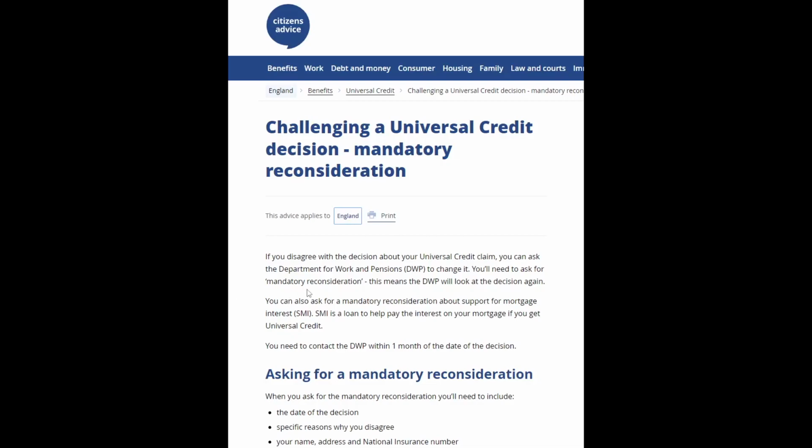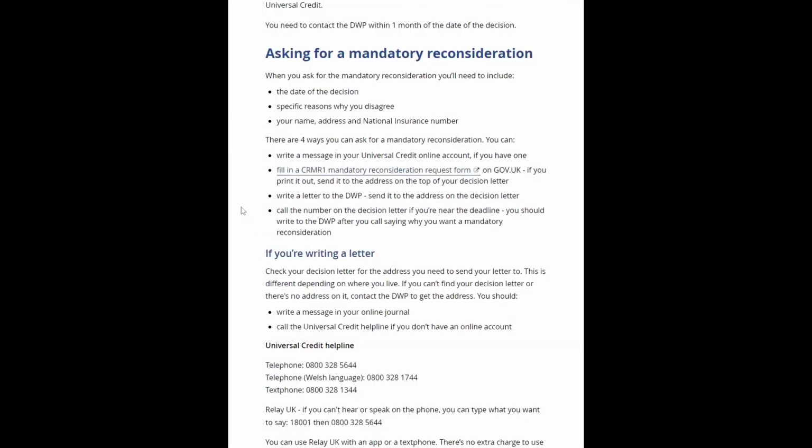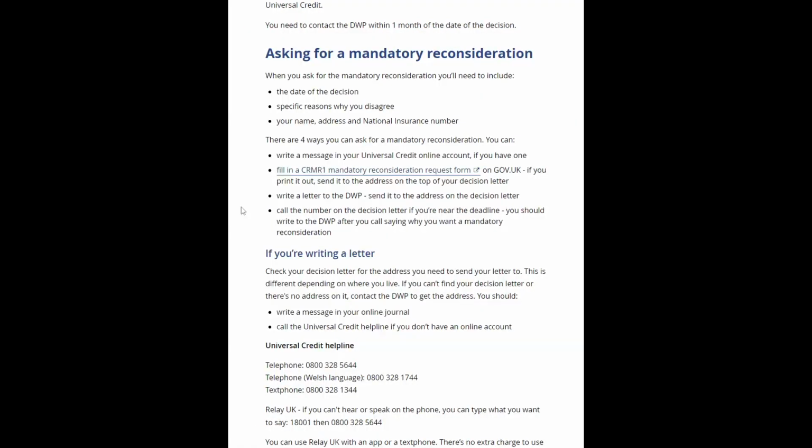Obviously, specifically, this is for UC. So if you're on other benefits, then it will be slightly different, but in a very similar way. Yeah. So anyway, the things that you'll need is obviously the date of the decision, specific reasons why you disagree,